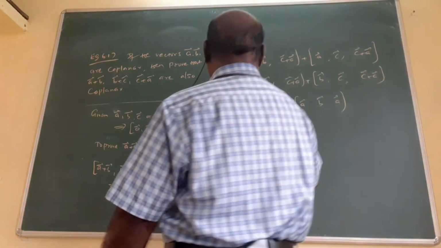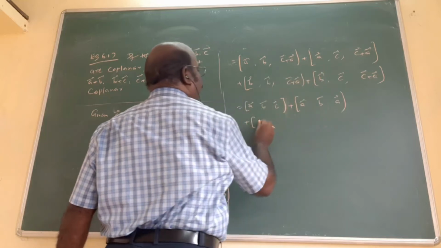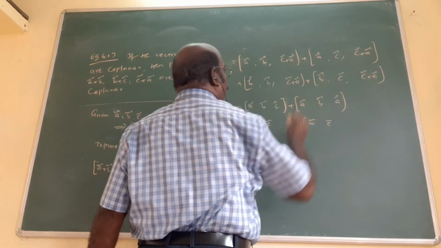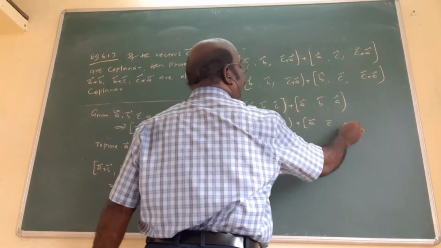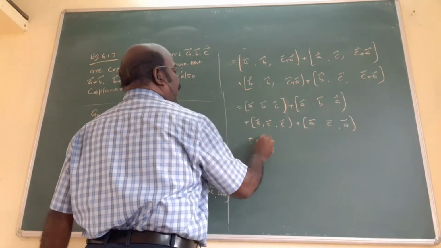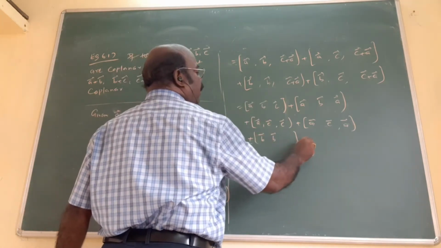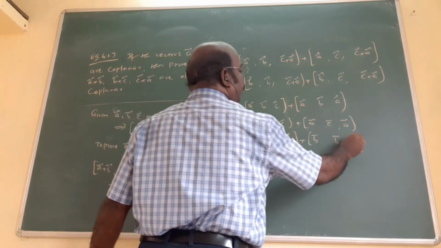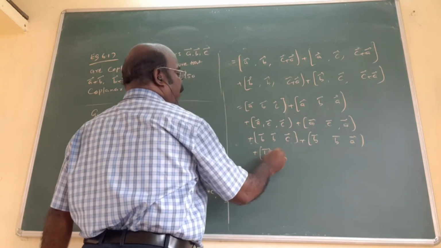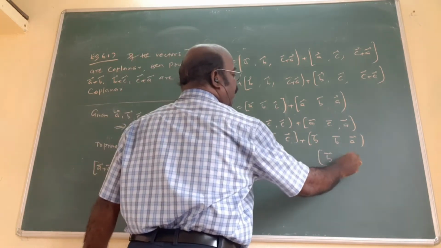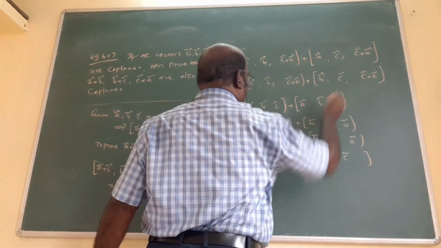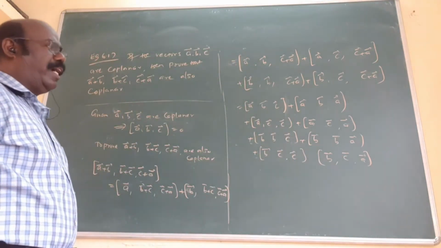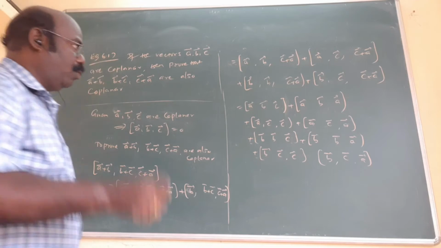Now this one, next one. Here A and C are fixed here. Here also A and C fixed here. Last one is what? C plus A. Here C, here A. This one is what? B, B. Here also B, B is there. Last one C plus A. Here C, here A. Last B, C. Here also B, C. Last one is what? C plus A. Here C, here A. Already told you, in the box product, if elements are repeated, that is 0.